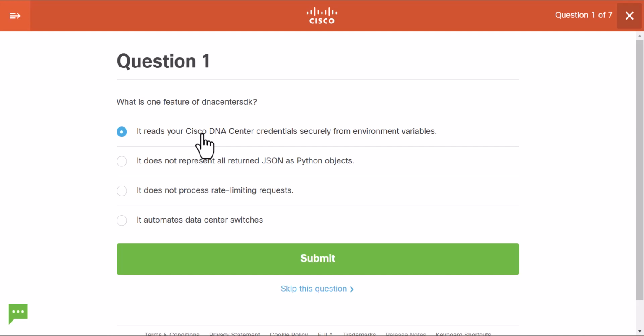But if you don't do that, it will also try to read a couple of specific variables from the environment. And there are even two ways to set this in the environment, at least. One way is to use one variable which has both username and password encoded in base 64 as just one string. And another one is to use two separate variables for username and password. Other options here are that it does not represent